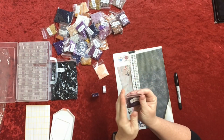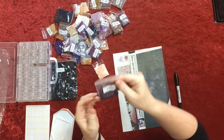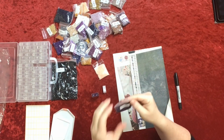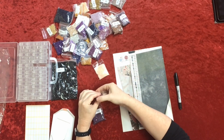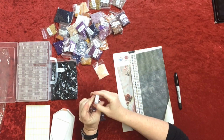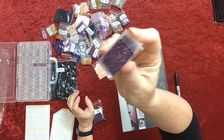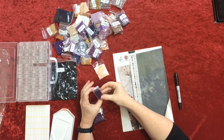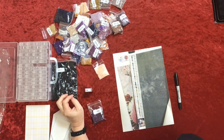And I've still got a heck of a lot in that bag. And it says I have 19.3 grams in total in this bag. So that goes on there like that. Ta-da. So yeah, I'm not sure how much is in that, but